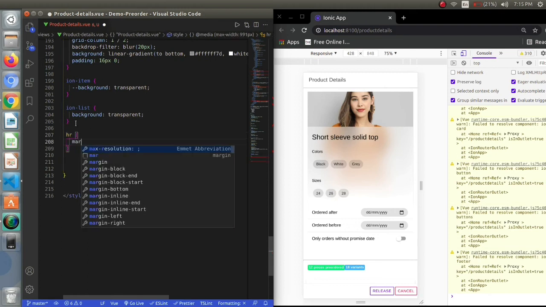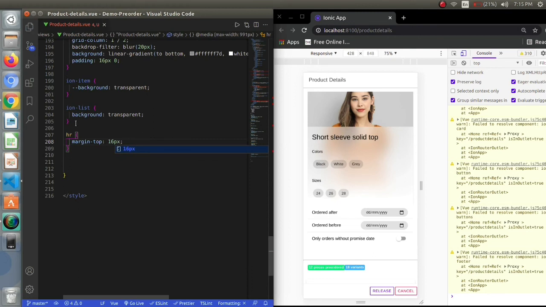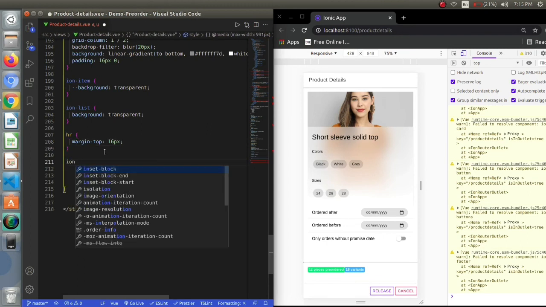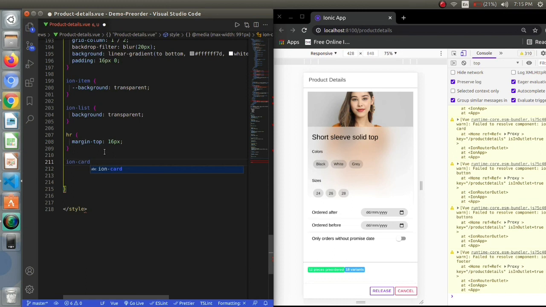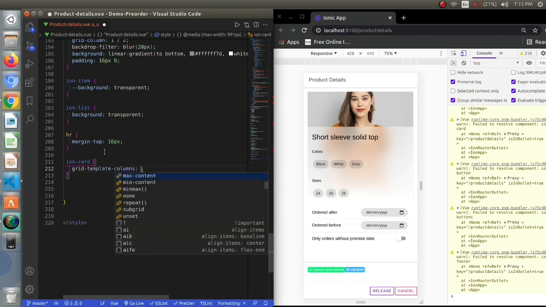I will set some margin to my HR tag. Now I will be providing some styling to iron card. I want it to have one column and set it to auto.